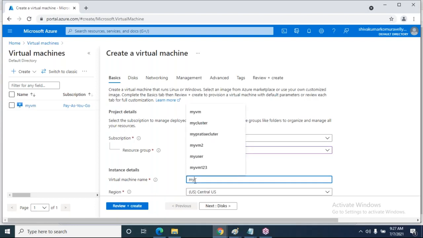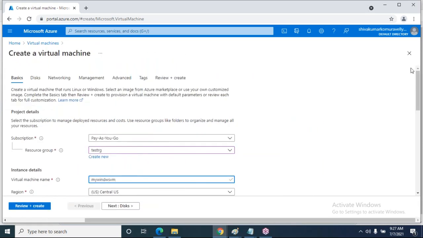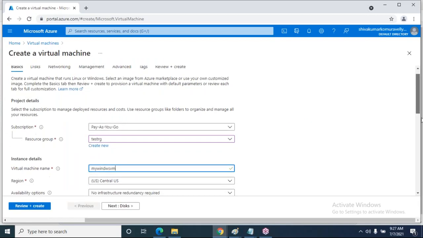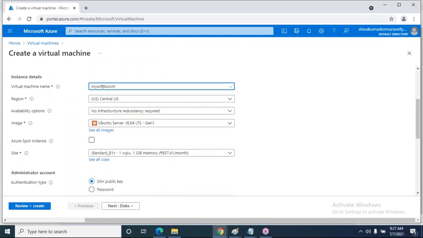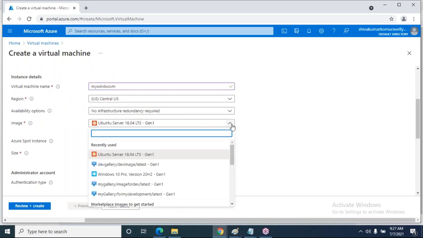I am specifying the virtual machine name as my Windows VM. The region is where I can keep this machine physically. This is Central US. This time I am going to select a Windows machine.